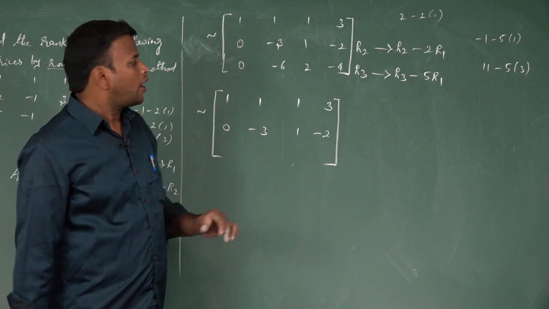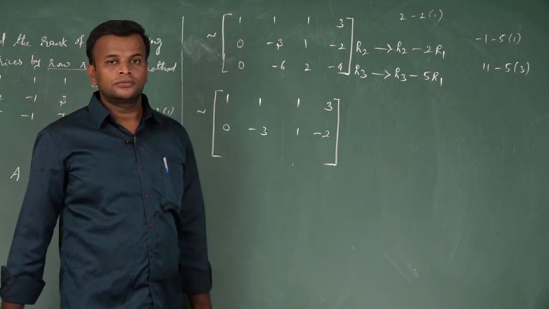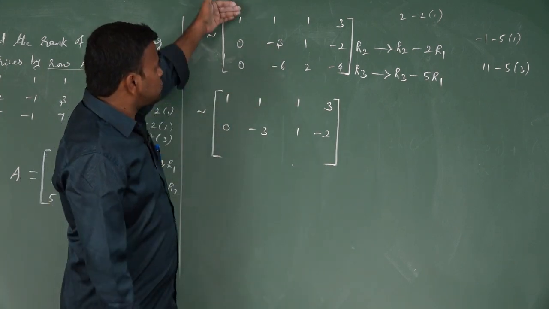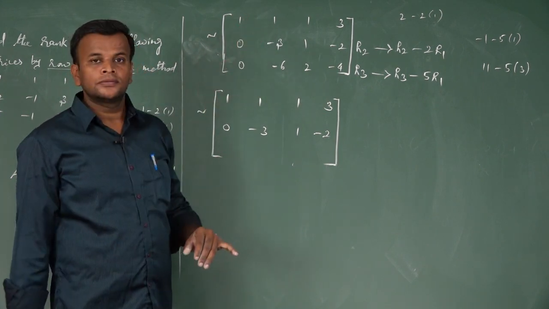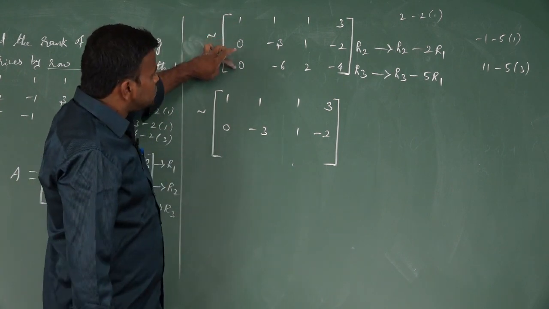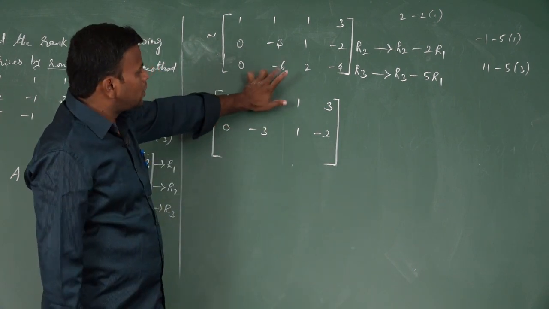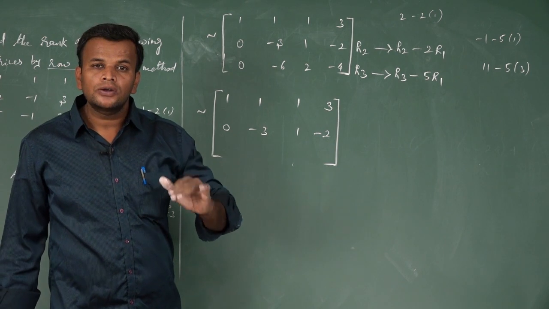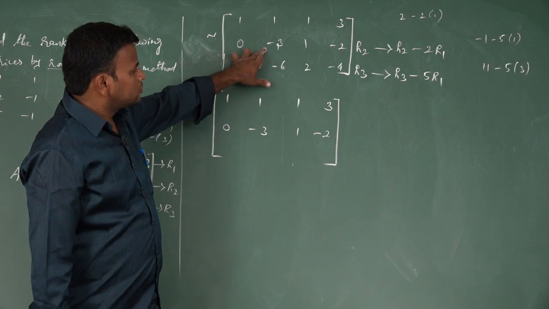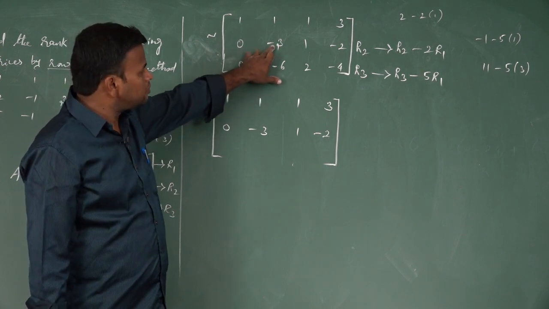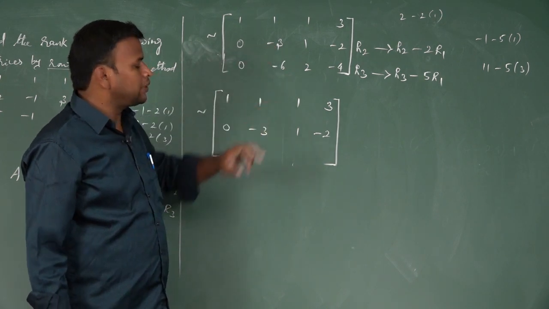And one important thing: after converting these two elements to 0, we consider only the second row and third row. Suppose we consider the first row and third row, this element is again a non-zero element because the number 1 is there. So we consider the second row and third row. Now our motive is to convert this element to 0 using R2 and R3. You see the elements? There is one relation. If we multiply by 2, it is also minus 6. Same sign, so we subtract to make this element 0.